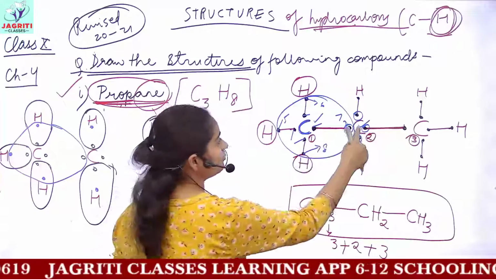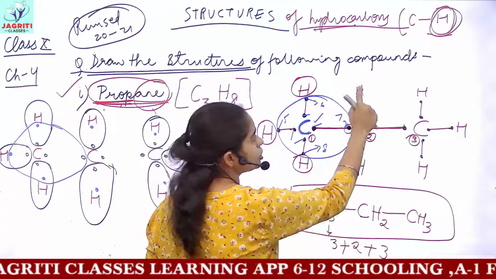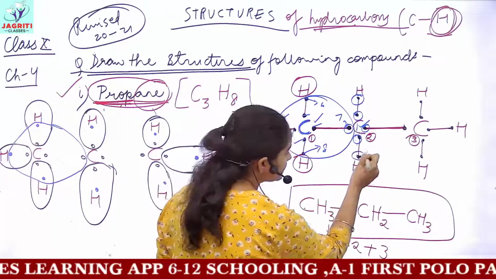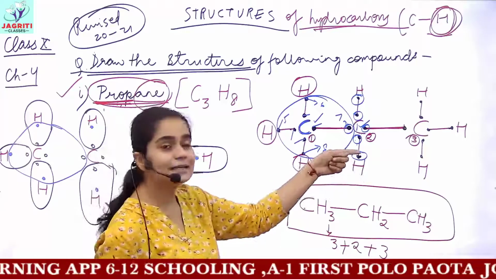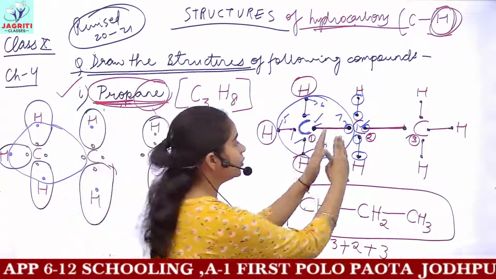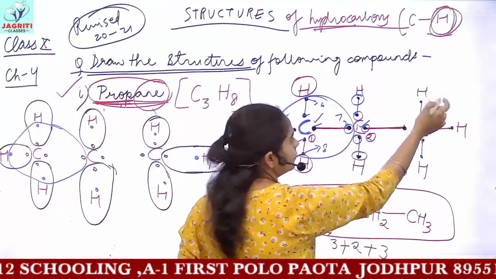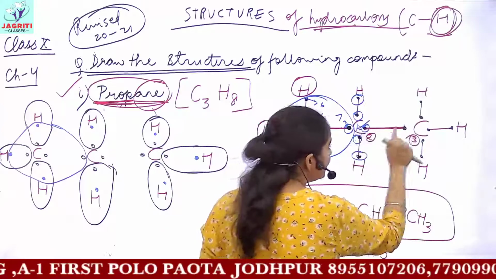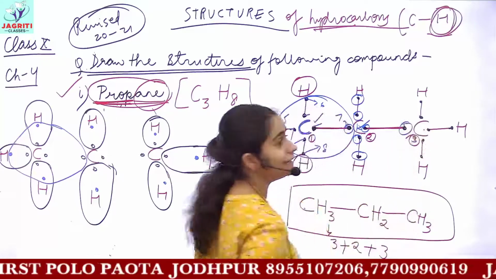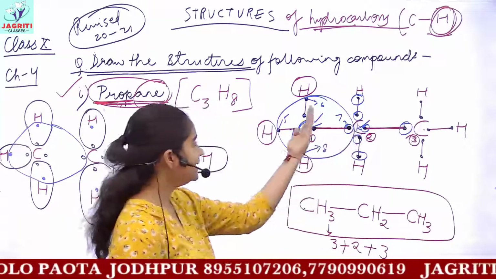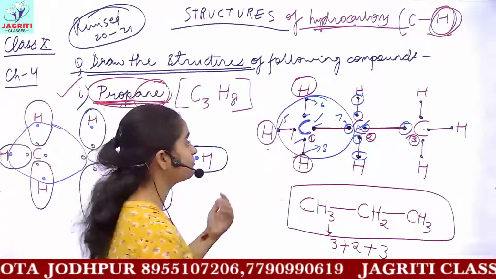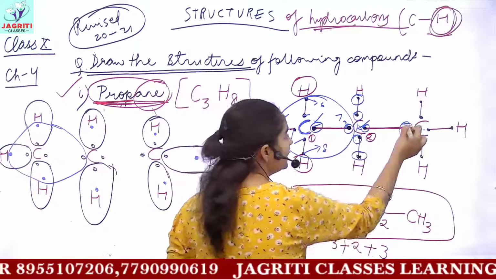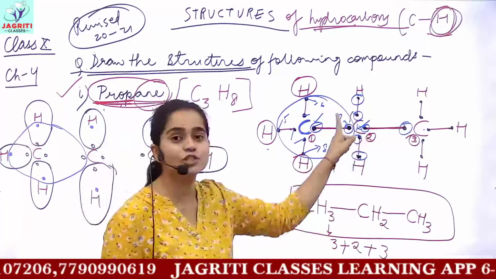The nearest neighbor for this carbon, if I go up, is hydrogen. So this electron I will include. If I go down, the nearest neighbor is this hydrogen, so I'll take this electron with the carbon. Now going to the right, the nearest neighbor is what? Hydrogen? No, this is the farthest neighbor. The nearest neighbor is carbon, so I'll involve the electron of carbon. And going to the first carbon on the left, the nearest neighbor is this carbon, so these 4 electrons would be included along with the 4 electrons of carbon.